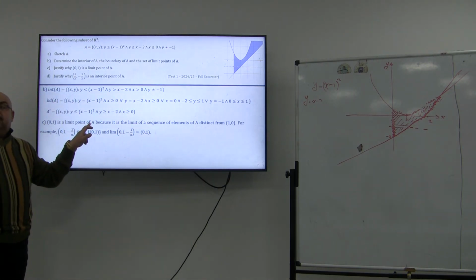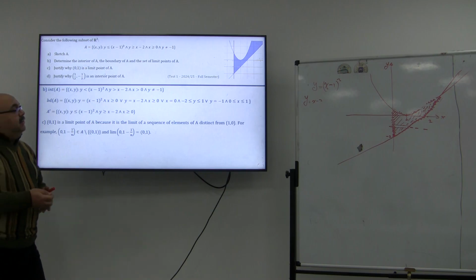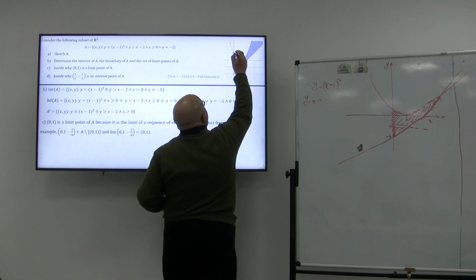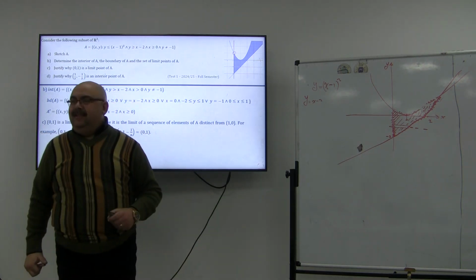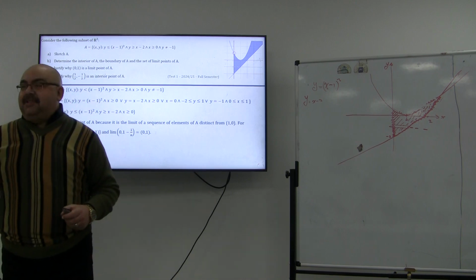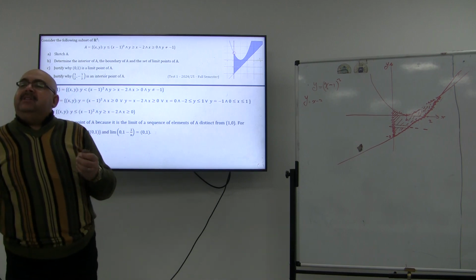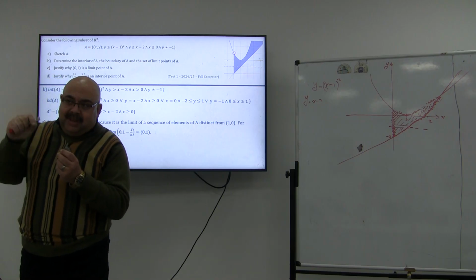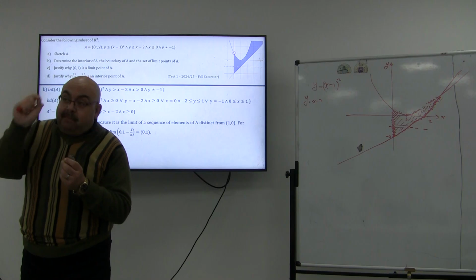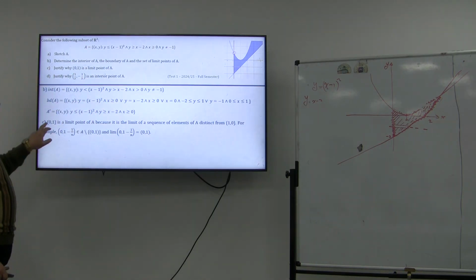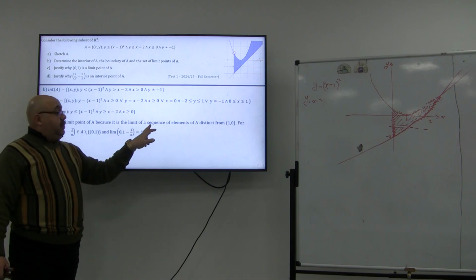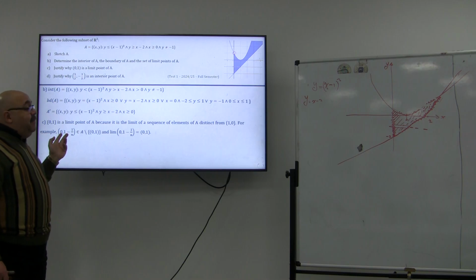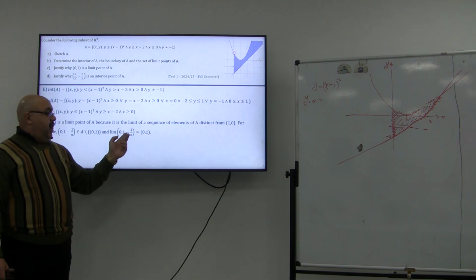Because if I come to the point (0, 1) and draw a circle with a tiny radius, there will be other points inside this circle that belong to the set, other than the point itself. This is what is written. (0, 1) is a limit point of A because it is a limit of a sequence of elements of A distinct from (0, 1). So if I took the limit of (0, 1 minus 1 over n),